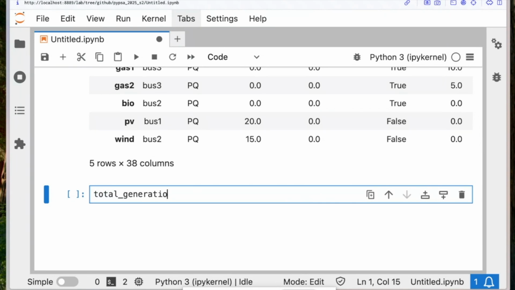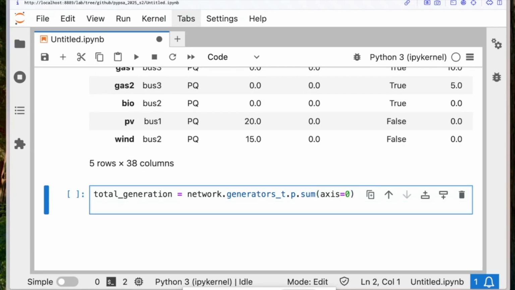Total generation is network.generators_t.p.sum. We're going to see the entire power output as a total generation, and then we are going to estimate emissions by generator using total generation multiplied by